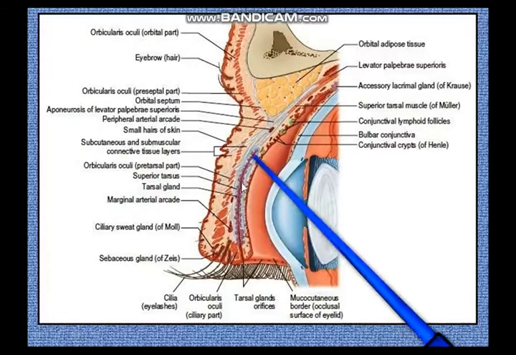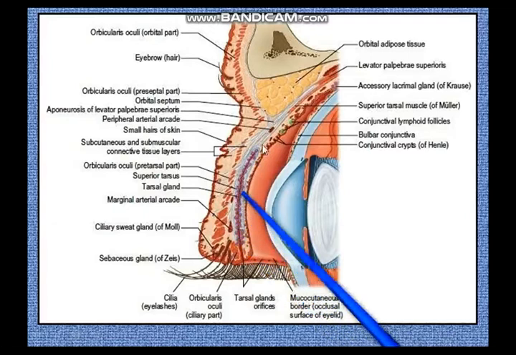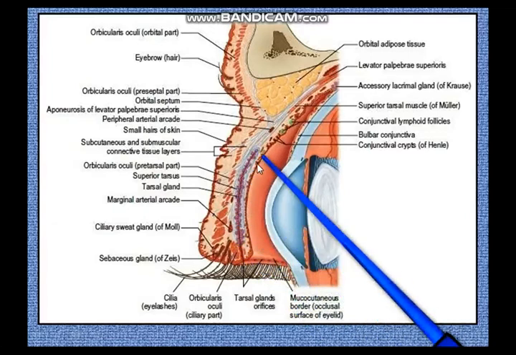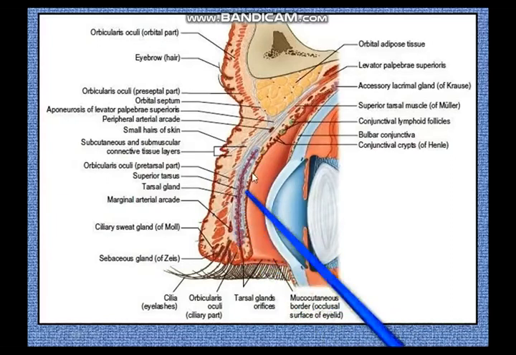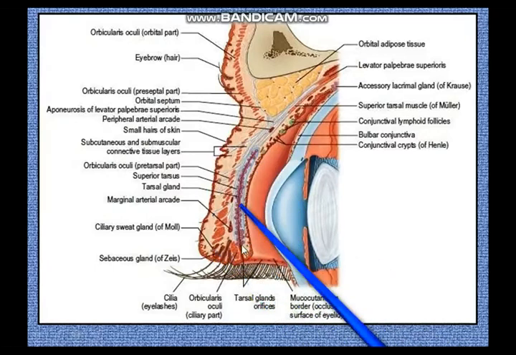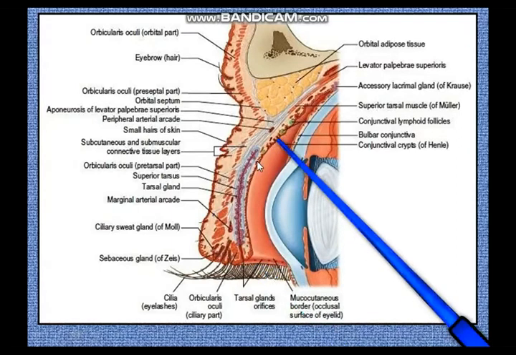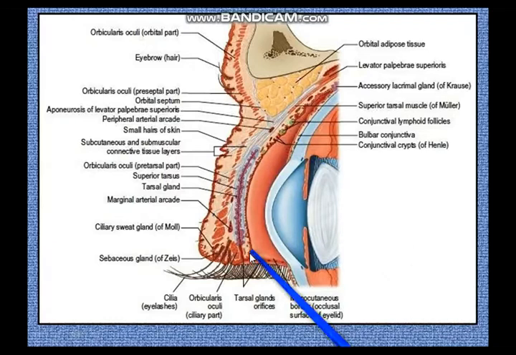And you can make out that within the tarsus there is this very long tarsal gland. So you have this very long tarsal gland or meibomian gland, and this tarsal gland gives rise to an oily secretion which is expressed through the duct over here and through the orifices. So you can see the orifices of the tarsal glands in a line just behind the ciliary margin of the eyelid. So these are orifices of the tarsal glands. So you have glands of Moll, the hair follicles of the eyelashes, the tarsal plate and the tarsal gland, and then you have the palpebral conjunctival lining, which is the innermost layer of the eyelid.